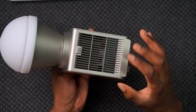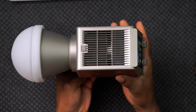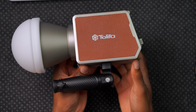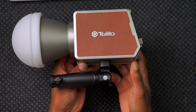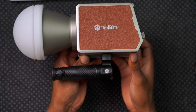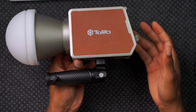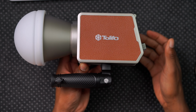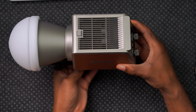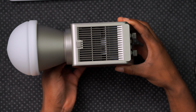This comes with a built-in battery, 14.8 volt, 4500 milliamp hour battery that can provide about 66 minutes of usage in normal mode or 45 minutes in enhanced mode. And of course, it has the application controller that I'll highlight, and the dimensions of this light are 5.7 by 3.39 by